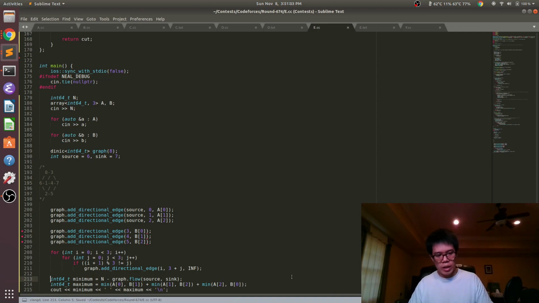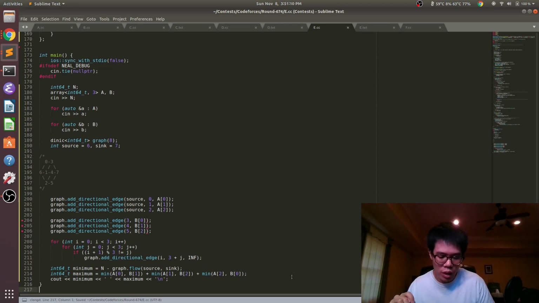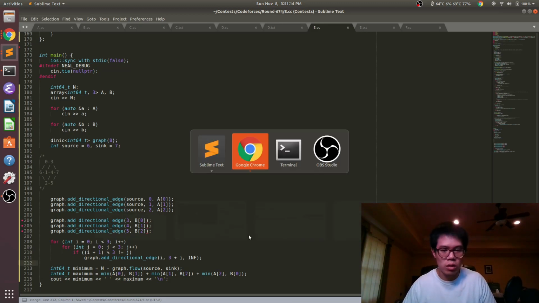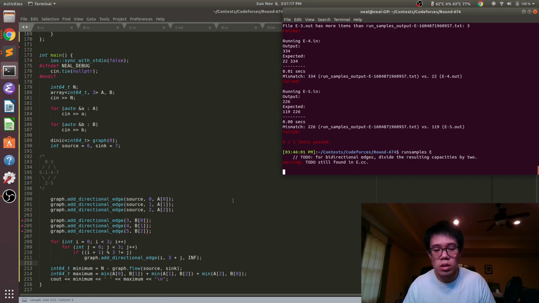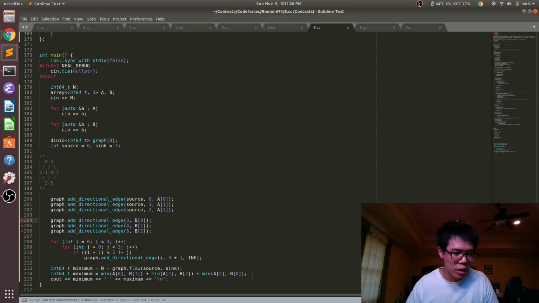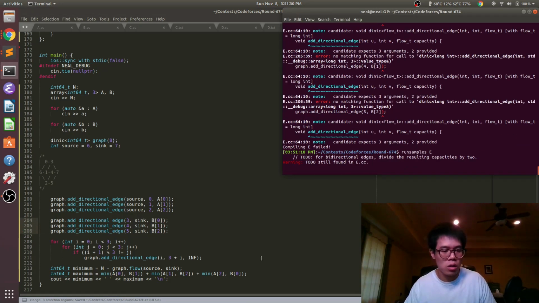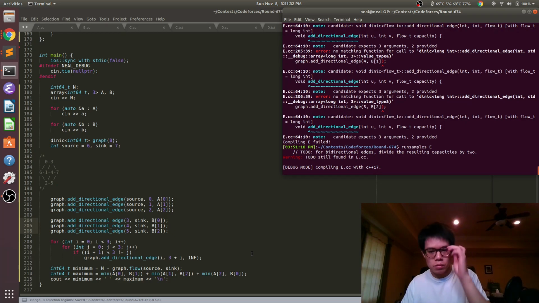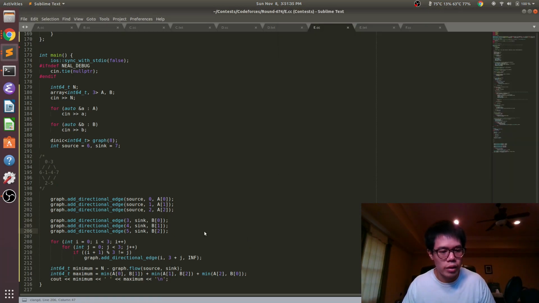And so then the minimum is going to be n minus the flow here. And the reason it's minus is because we just did the maximum number of matchings where we do not win. And so the number of wins is just n minus that. So let's give that a shot. Oh, what happened here? Oh, I forgot to add sink. Okay, looks good.